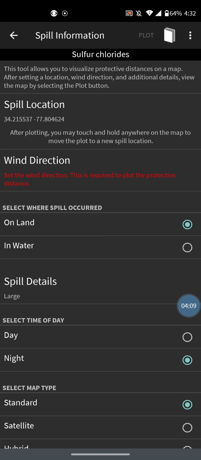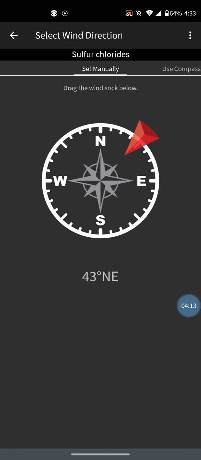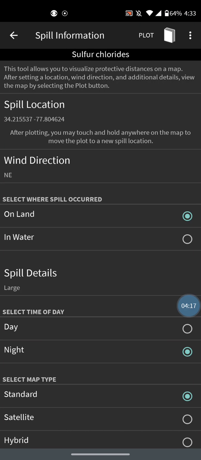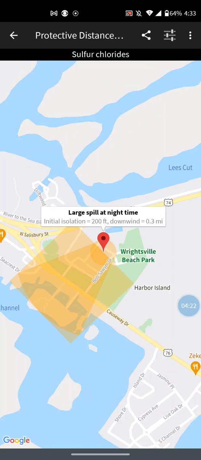I set the location for where I am right now. You're going to set your wind direction. Let's say the wind comes out of the northeast. We'll go back, and then we'll plot it. And boom, guess what? For sulfur chlorides, this is nighttime. Well, it's not nighttime, but with the wind out of the northeast, this is where you want to